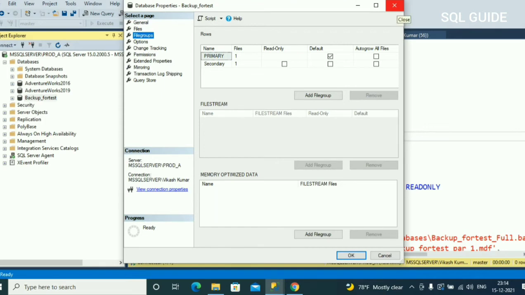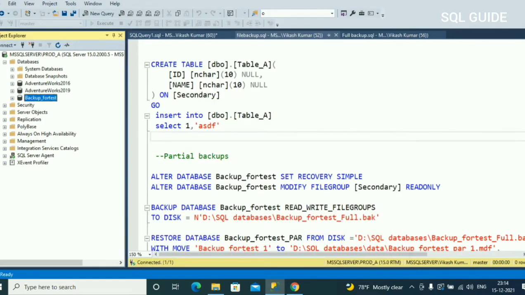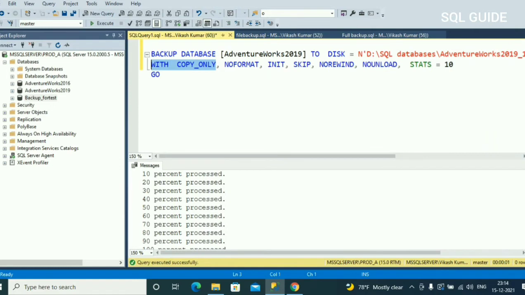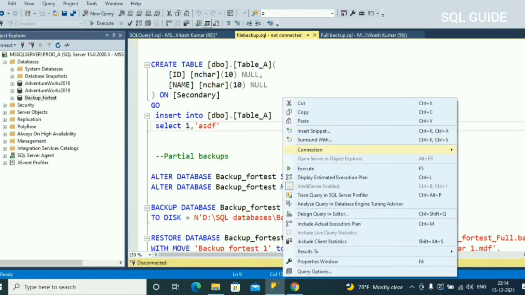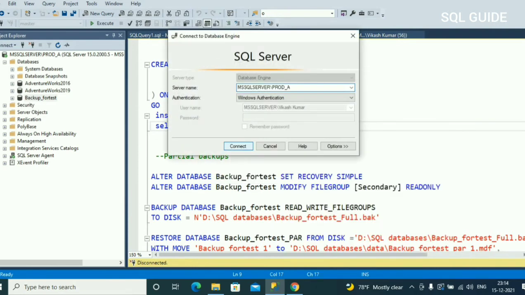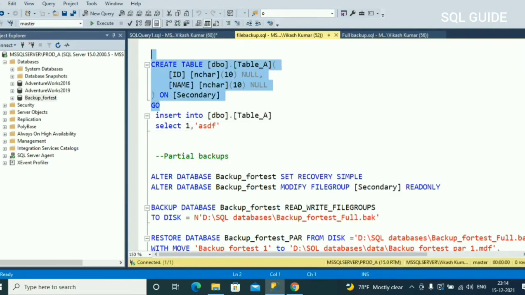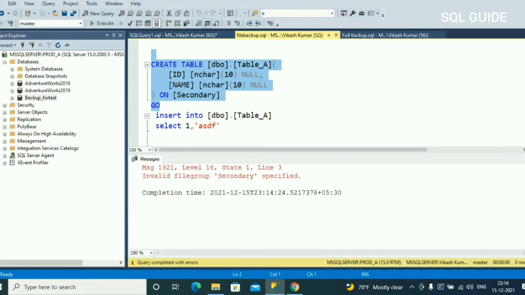So let's create a table on the secondary file group. Let's connect to SQL Server. Okay, create a table, select the database name here, backup for test.